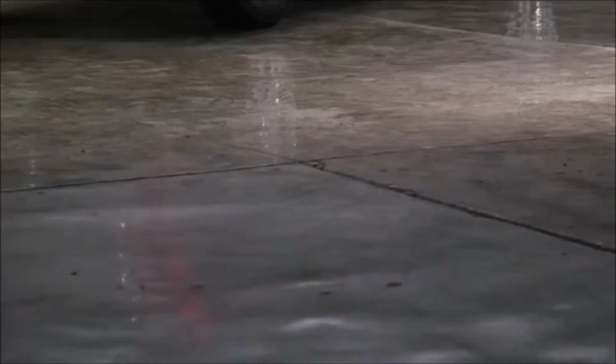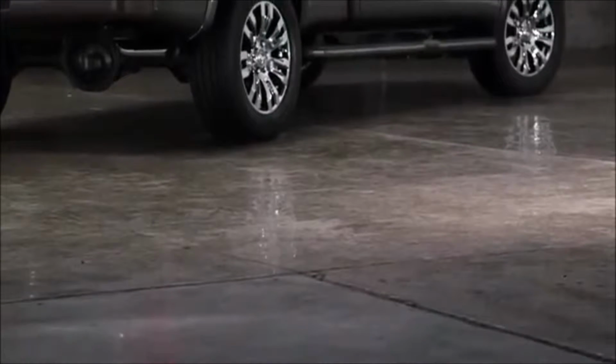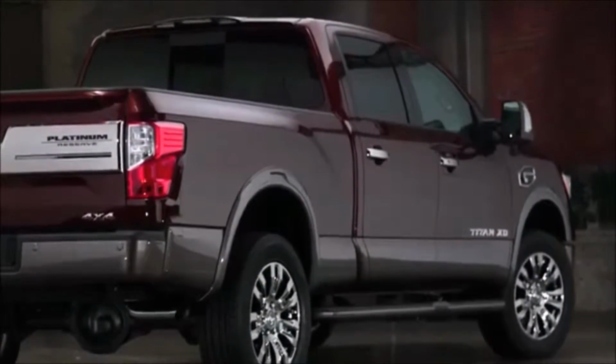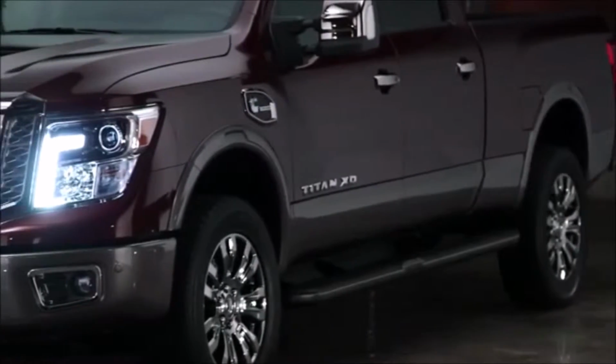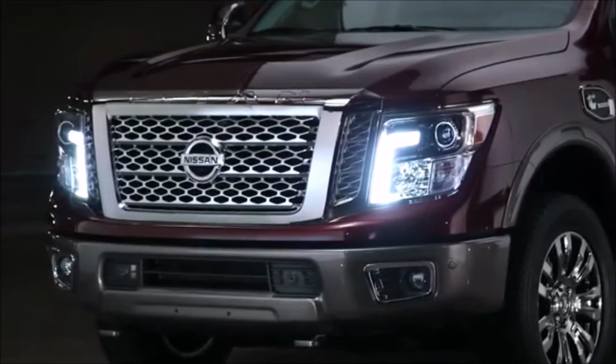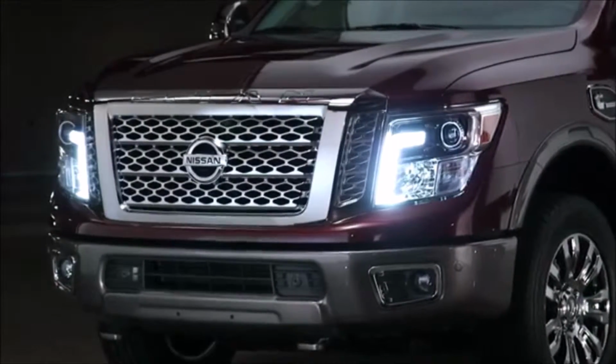Now if I can talk to you a little bit about the styling of the next generation Titan. First and foremost, tough and rugged, big, strong truck image. We want to convey the quality and strength of the truck throughout the entire vehicle, and that starts right with the styling. From the front, massive grille that we have that improves our cooling flow, to our new headlamps that